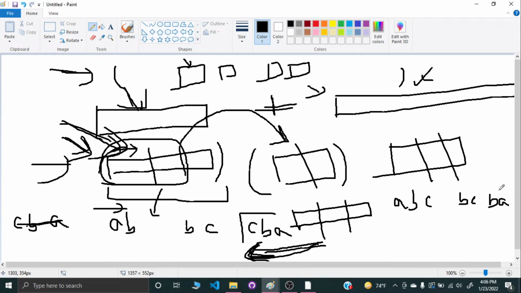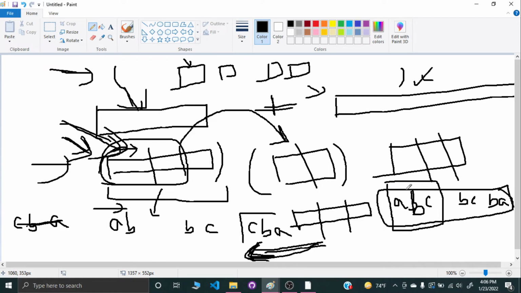I think that is a very plausible example that I could explain to you. So we have ABC, we have BC, we have BA. Now I know that there is an answer, but I have to implement that. In order to find an answer, I'm going to assume each and every string is my part of the palindrome.